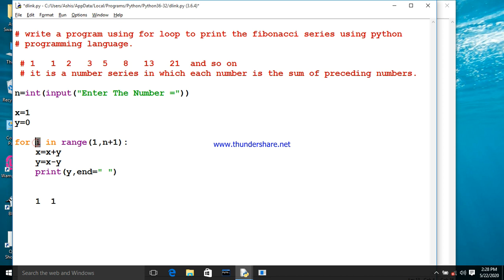Then i became 3. And when we come here, what is the value of x? The final value of x is 2, or we can say x becomes 2. 2 plus 1 became 3.